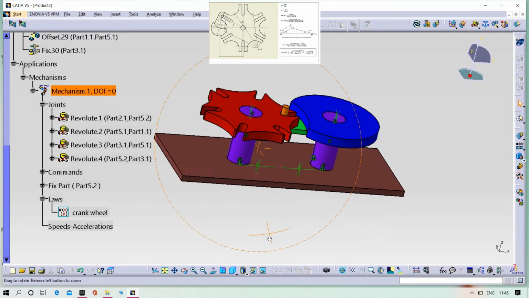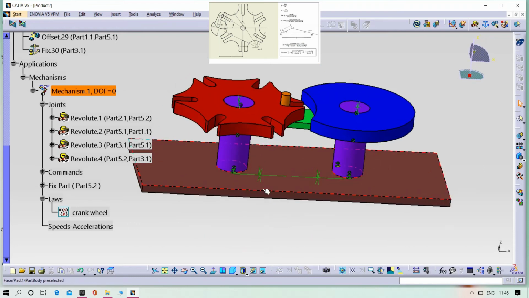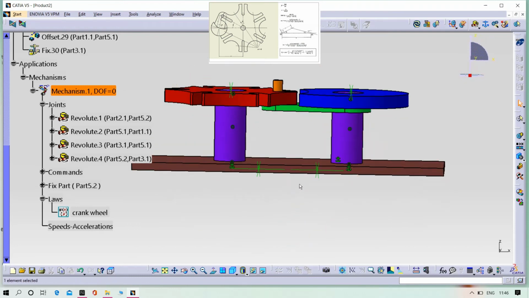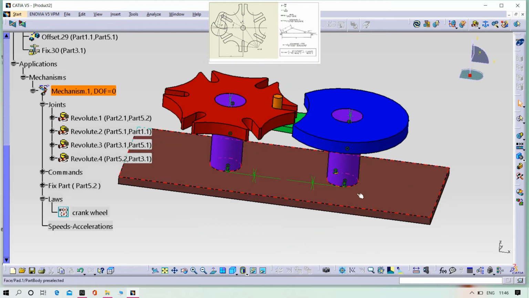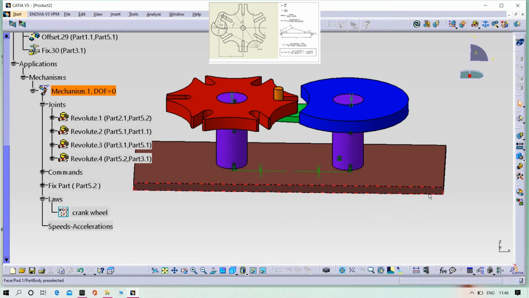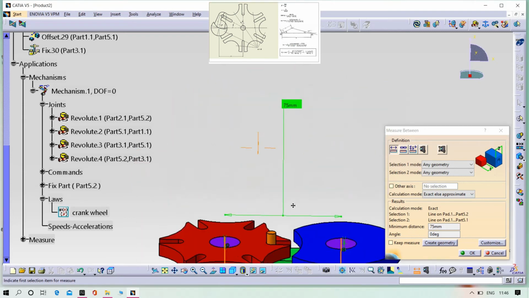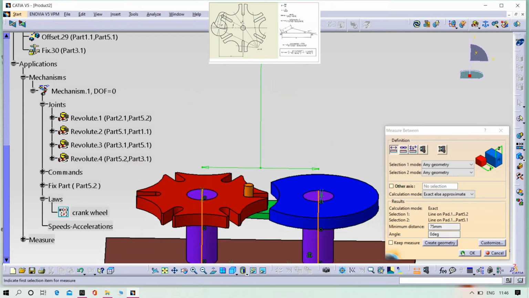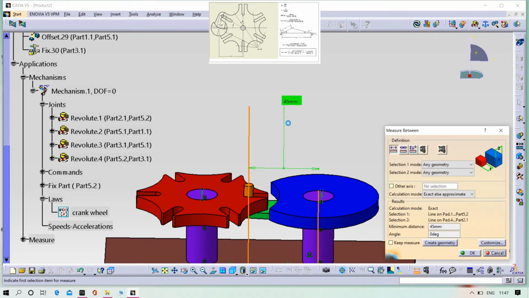Again we need to give the Geneva wheel rule. For that we need two distances. We want two distances to apply the Geneva rule. The first one is the crank radius and the second one is the C distance, as you are seeing in the picture. What does this mean? The distance between the two axes is 75. This is the distance C, and this is the crank radius, 45 mm.